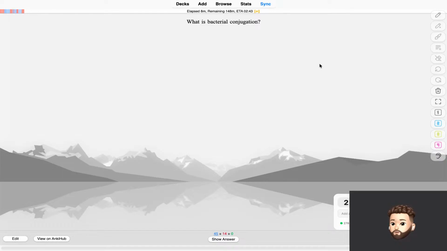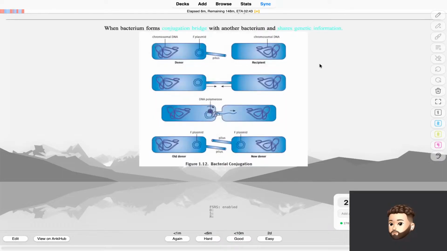What is bacterial conjugation? Okay, this is what I wanted to see a long time ago. When a bacterium forms a conjugation bridge with another bacterium,